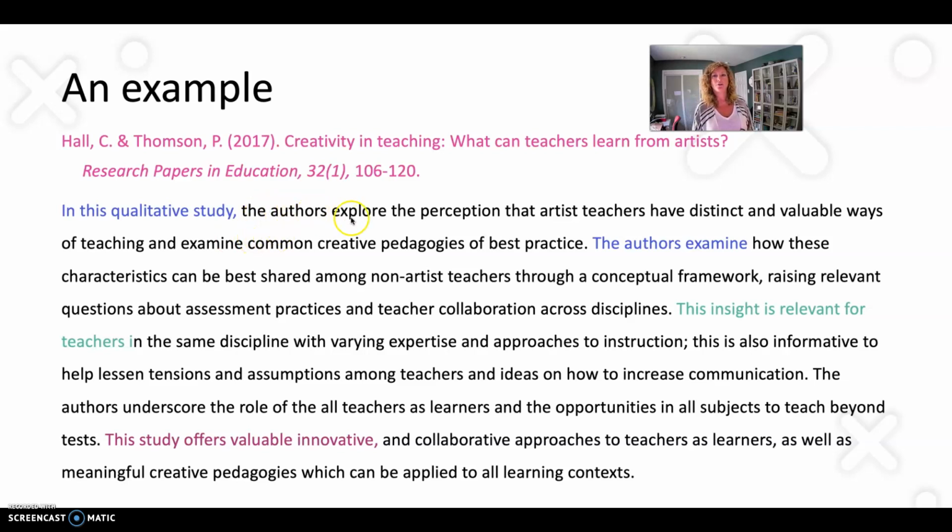And she says "the authors explore," okay? This is a reporting verb. You should know what these are, and I will give you a list of them. But she talks about the authors explore, the authors examine. "This insight is relevant for teachers," okay? And near the end, she says, "this study offers valuable"